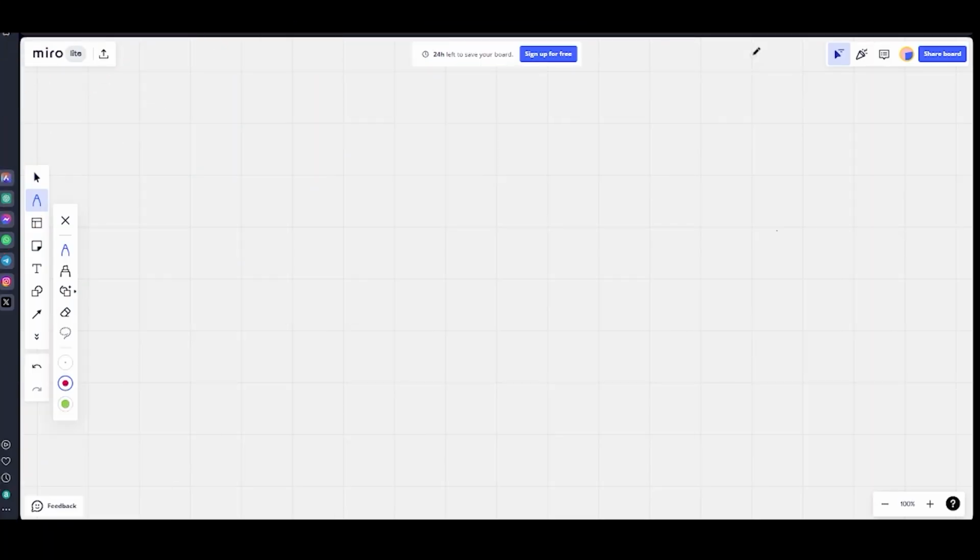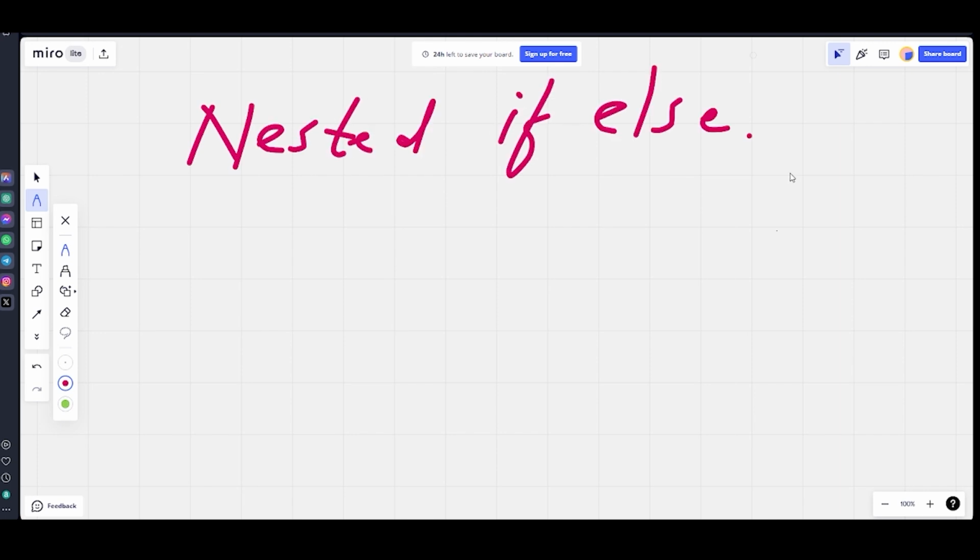Welcome back. In the previous class, we have done the if-else statement, or the decision making in C++. We have seen how if-else works, and moreover, we have seen how we can implement it in a program. Today we are starting what we call nested if-else. A nested if-else is also a very important topic. It is related to if-else, so you will not have any issues in understanding it if you have understood the previous lesson. But if you have not seen the previous lesson, don't watch this now. Watch the previous lesson first and then come back here. Otherwise, you may not understand what we are doing.